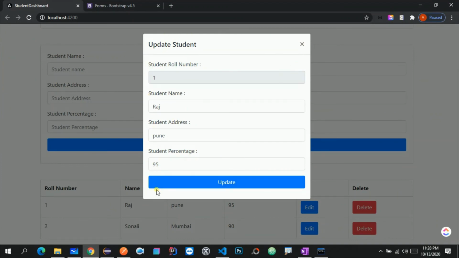But the main motive behind this series was to focus on CRUD operations rather than the styling and all those things. So whatever CRUD operations are there, we have covered all those CRUD operations.